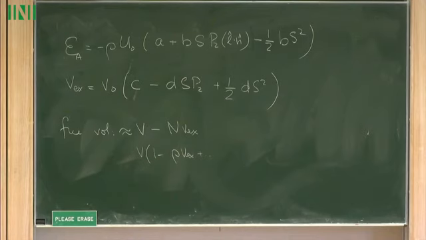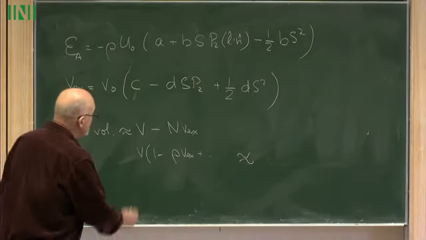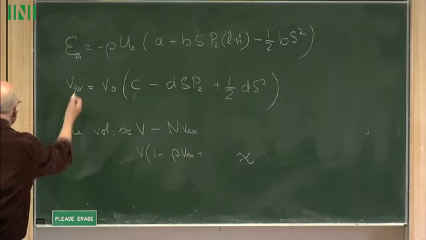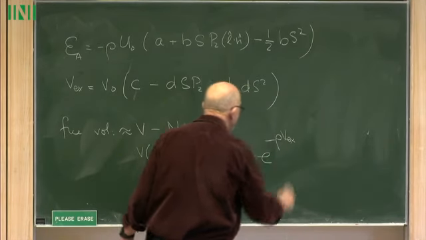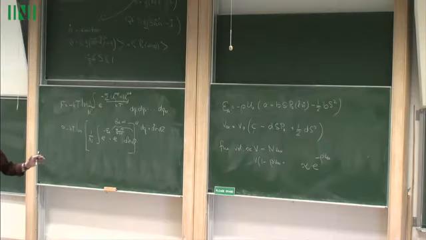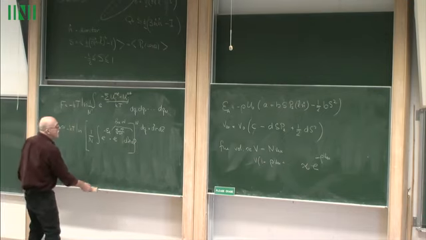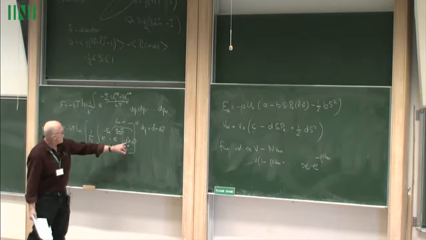So let me then approximate this. If I just look at this, I can write this as e to the minus rho Vx. And I know you're thinking that's really lousy. But it turns out that it's not so bad, and if you do fancier density functional theory, that's what you would come up with. So let's just go with that assumption for now, and then you'll see that we end up with a volume